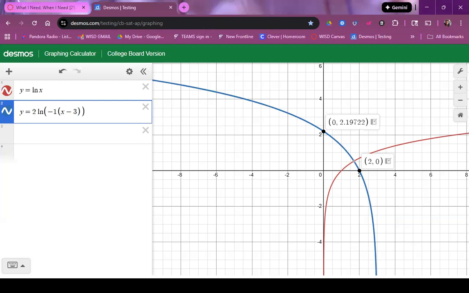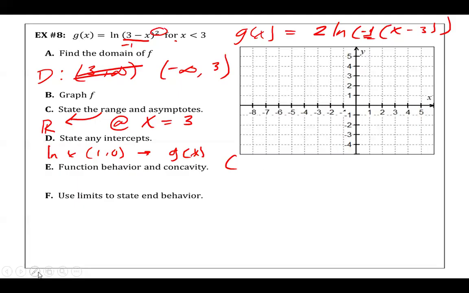We have an x-intercept, and now we have a y-intercept because we were reflected. So we now have both of them. So we have 2, 0, and we were at